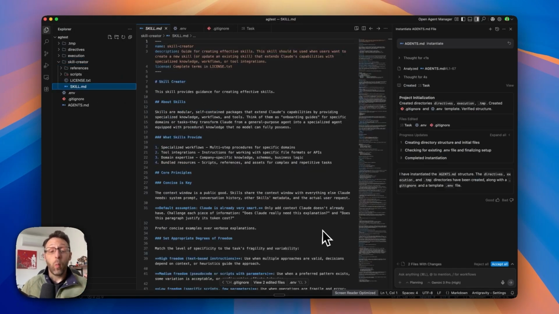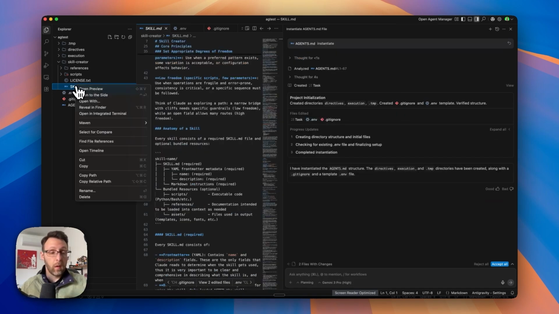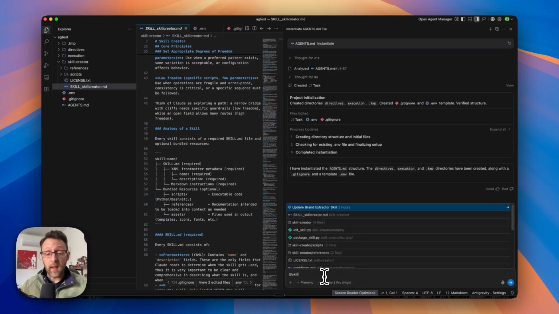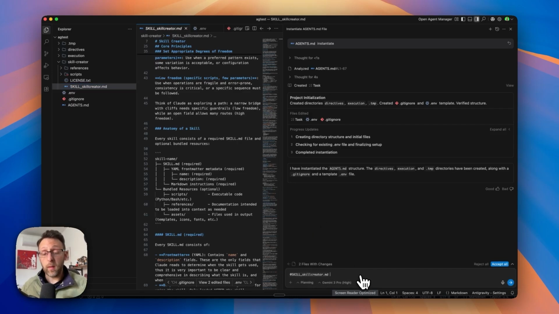Why the skill creator skill is so powerful is that there is a really predictable way for us to create new skills so that we're following this same format every time. And we know this is a format optimized for systems like Antigravity to understand. So we can go ahead and rename this to skill_skill creator, just so it's clear. And we can go ahead and come into the agent. I can type skill, we can use the skill creator, and we can say,